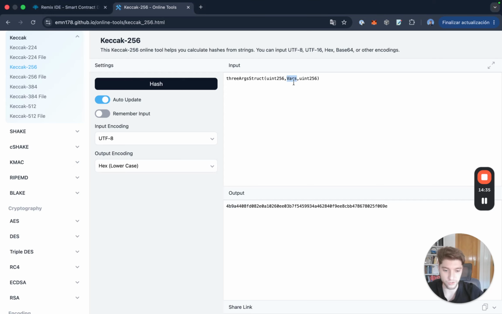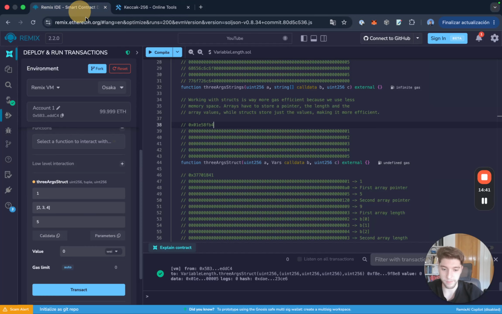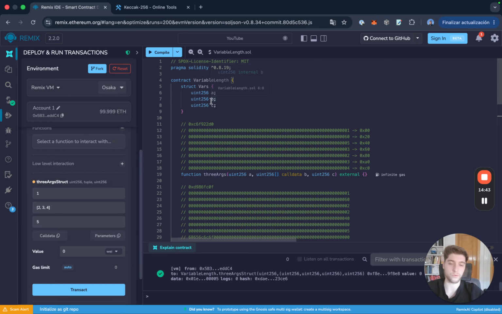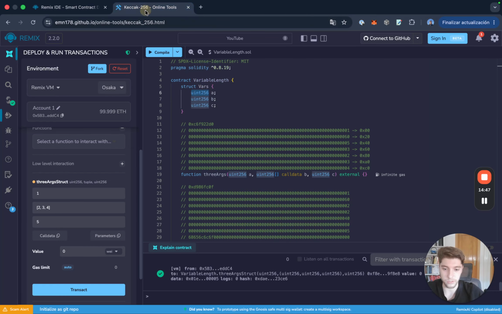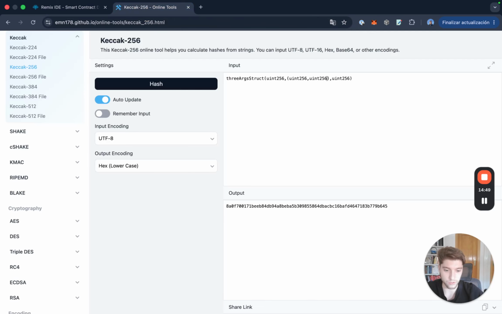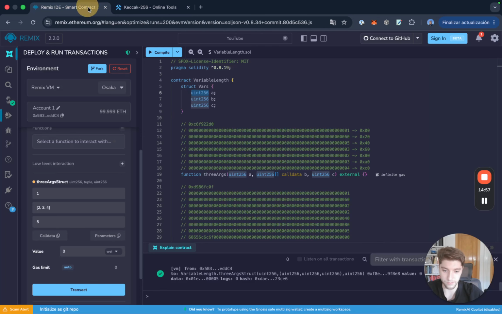When we're working with structs, we do not want to pass the name of the struct because that will not work, but we want to pass what's inside of the struct, or what we've defined inside of the struct. In this case, it's going to be 3 uint256s. Again, no spaces: uint256, uint256, uint256. And now if we grab the first 8 characters, which is the first 4 bytes,